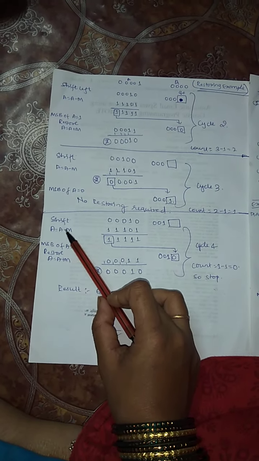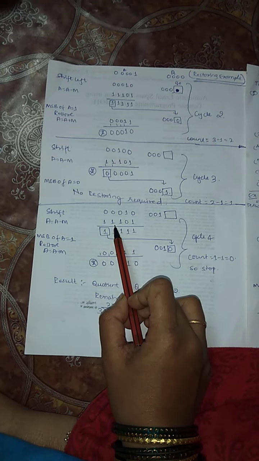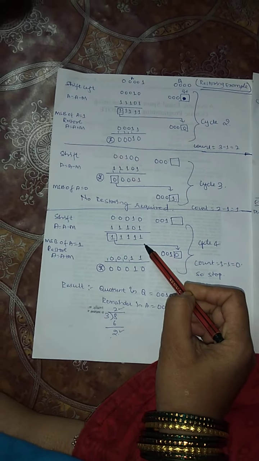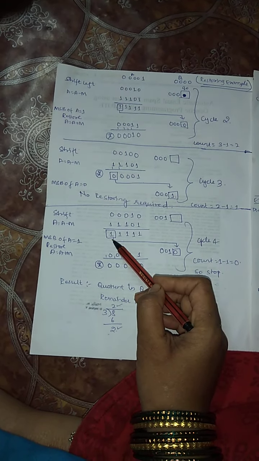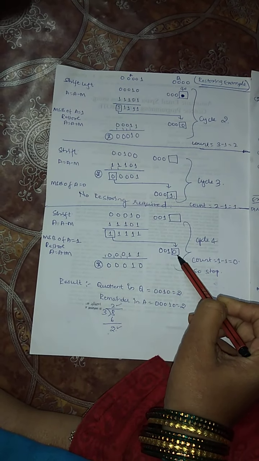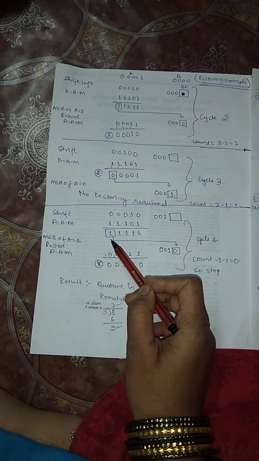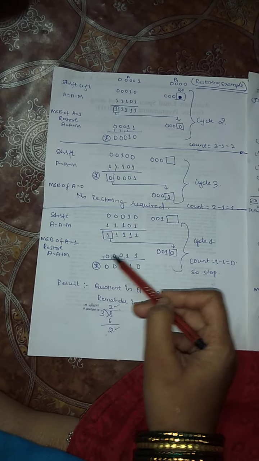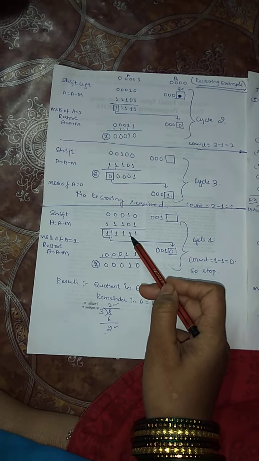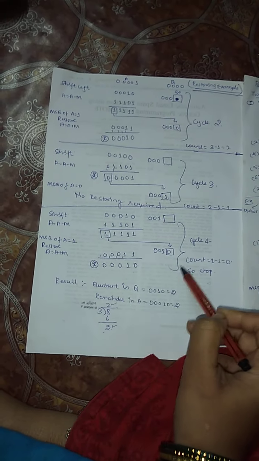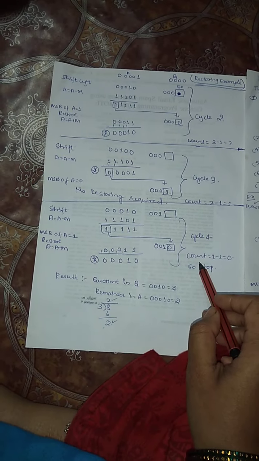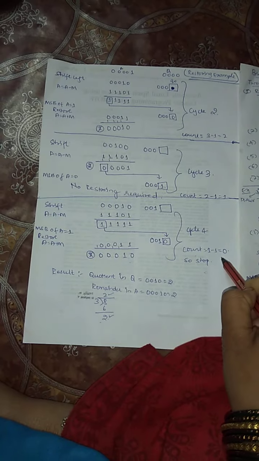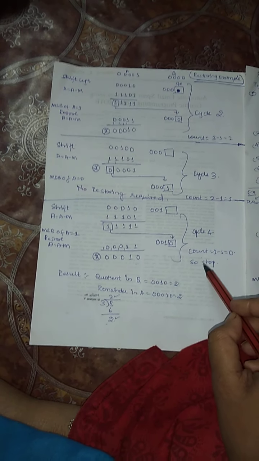A is equal to A minus M. Minus M we have calculated, that is 11101. So add this now. After adding, I am going to get this answer. Since the MSB is 1, what is the value of Q naught? It will become 0. Next step, restoring. See, MSB is again 1. So we have to restore. Restore means what? A is equal to A plus M. So A is equal to A plus M I will do. Next step is count. Count value is equal to 1 here. 1 minus 1 is 0. Is it 0? Yes. So we are going to stop this process.